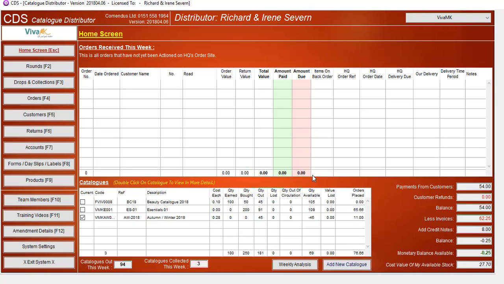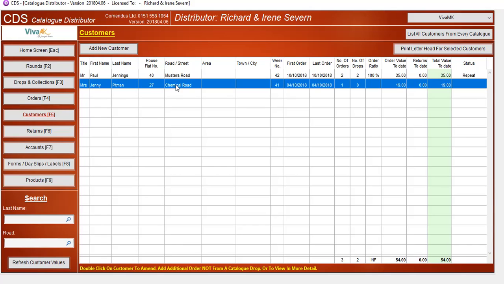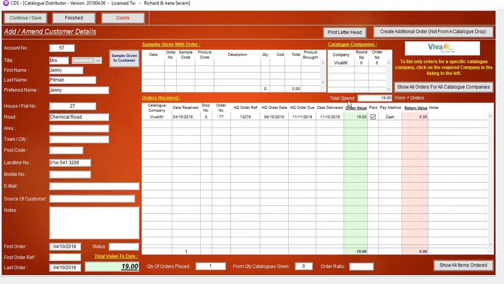So if we have an existing customer and they ring up and decide to place an order, or it is an order received from Facebook or from the internet and not from a catalogue drop, I simply go to my customers tab. If they're an existing customer, I don't need to add a new customer. I can simply find the relevant customer and then double click on them. Just check the details are correct. We've got an instant order history as well of orders that they have already placed, and I simply click create